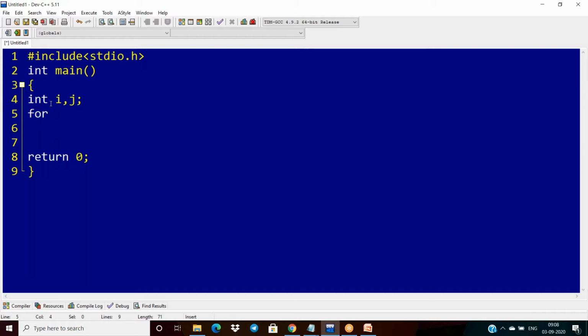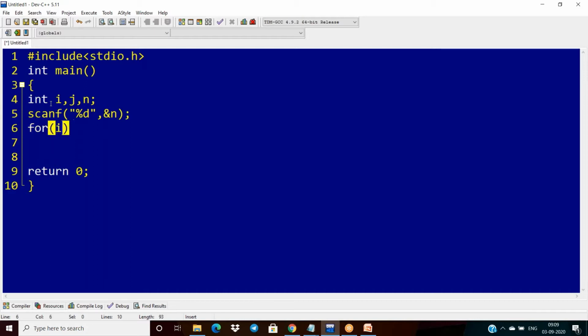First I want to give the input. My input is n. Then I have to read a number n with scanf("%d", &n). After reading this number, this is my input.